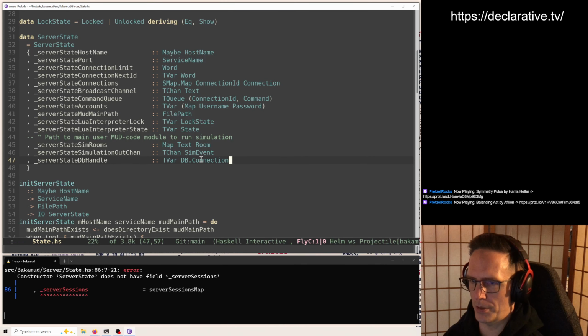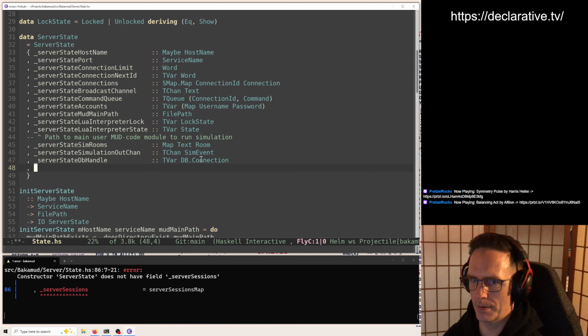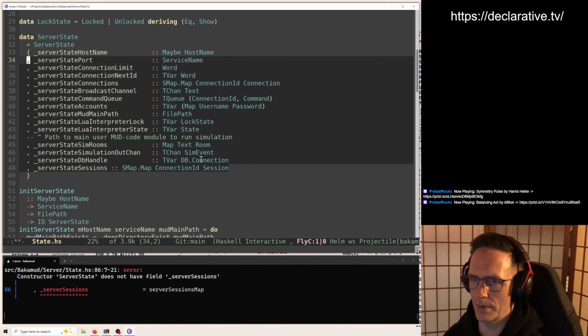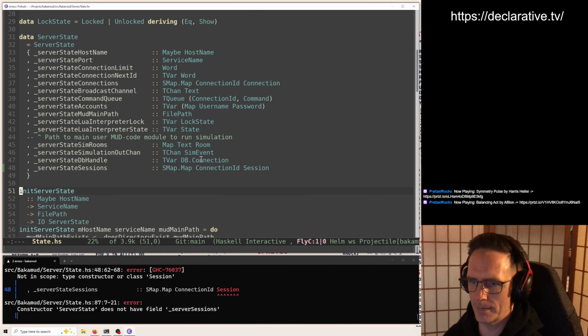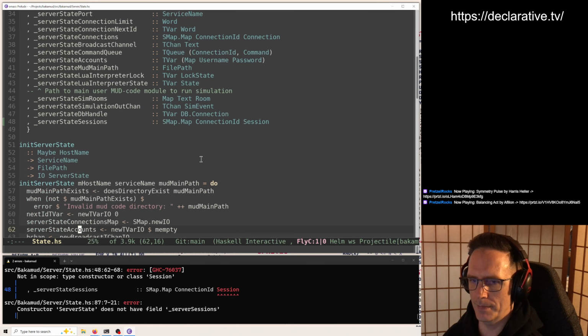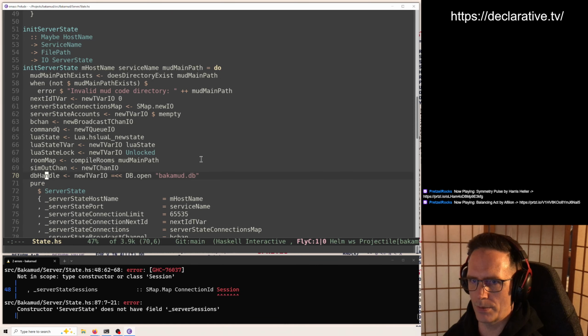So we could make the session map the same thing. Connection ID, maybe. Yeah, we can do an SMap. Session like that. Maybe that's fine. Maybe that's all right. Okay, and then we have to initialize that as well.